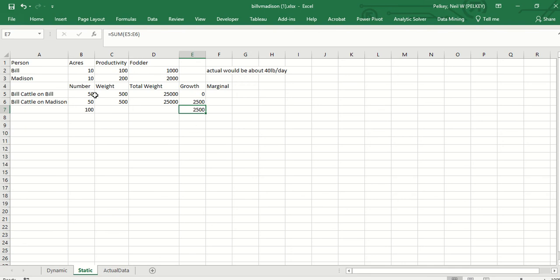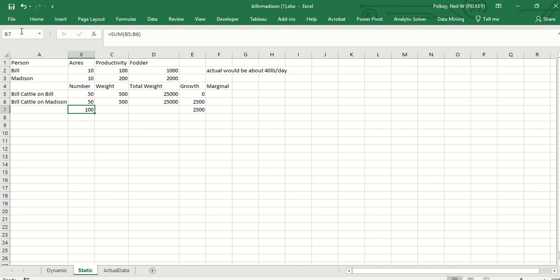And we could go over here and do, like, we could do 30 cows. Does that make it higher? Yeah, it's 3,100. We could do 50. We could take some off of Madison's. What if we did 70 and 30? Oh, well, actually, we lose a lot there because Bill's cows are getting skinnier. Remember, these are real cows that get skinnier when you don't feed them, or they're on bad pasture. So I'm going to go back to the 50 and 50 at our start point, and we're going to run